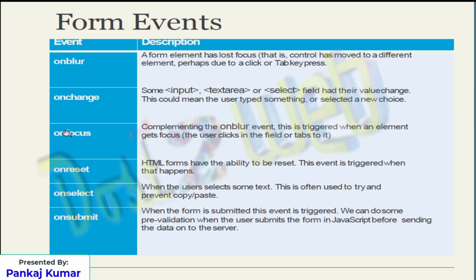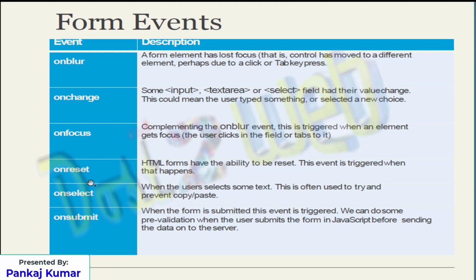When you have this kind of approach, then you use the onchange method. When you want to use onfocus, that means you made some mistake while filling the form, right? You have observed that when you make a mistake and hit the submit button on the form, it highlights that this email ID is wrong, or the phone number you have entered is wrong, and it will highlight the particular input box. It will give you the focus, complementing the onblur event, and it will be highlighted. Yes, this method needs to be performed.